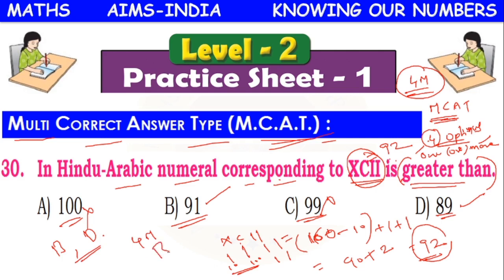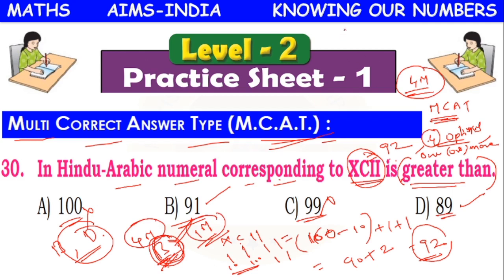Suppose you bubble only one option, B. Then how will the marking be given? It is an incomplete answer. You have marked an answer, but it is not the complete answer. If you write an incomplete answer, you get 1 mark for each correct option chosen. Here you have written only one correct option, so you will get only 1 mark. You will be losing 3 marks.